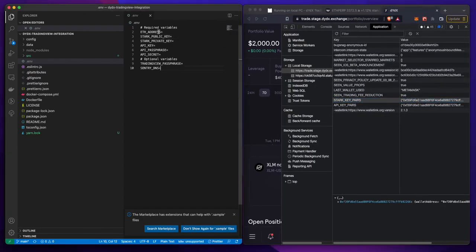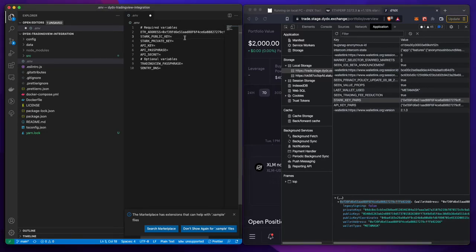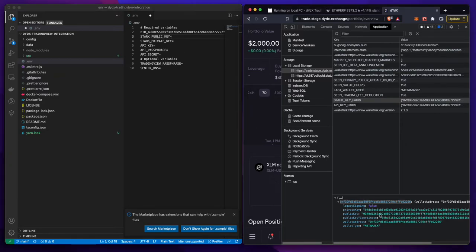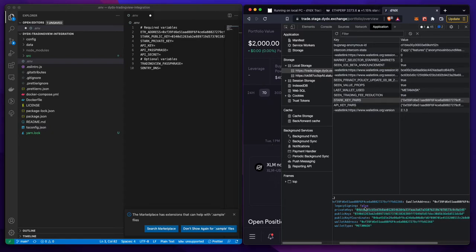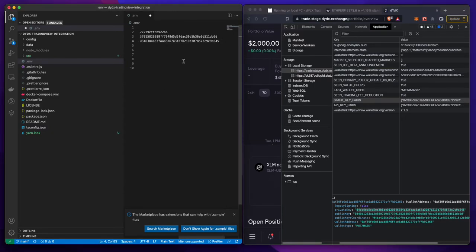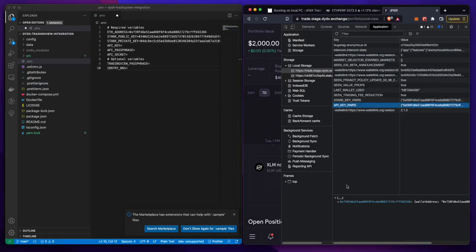So the first one is the Ether address, so this one, and the stark public key, stark private key, and API key. So go to API key pairs and this key value,